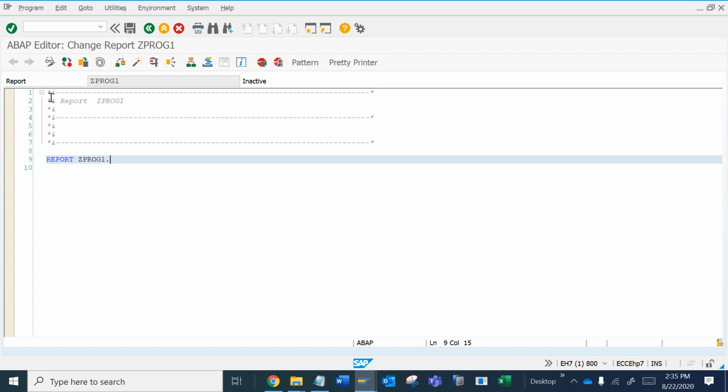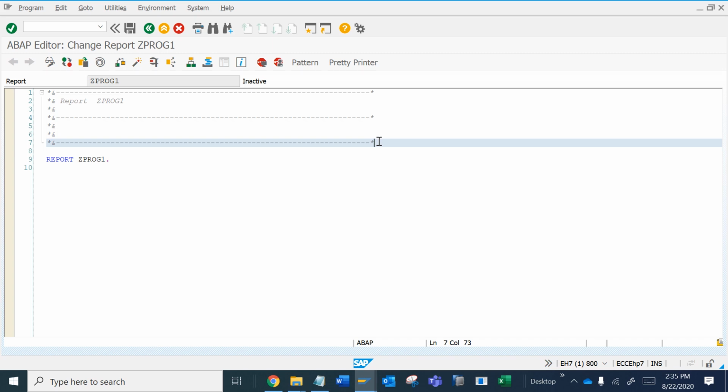As you can see here, these are the details which are commented. If you have to comment or document something, then you can put it on this side.